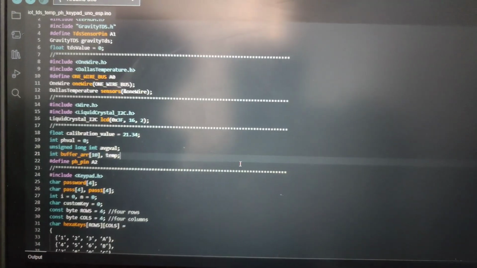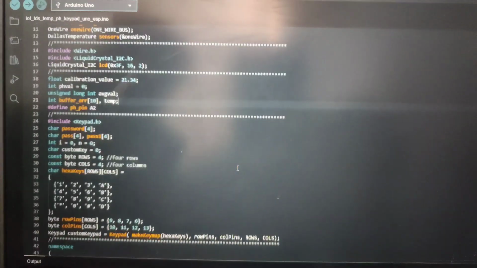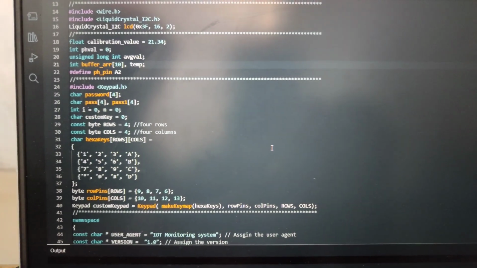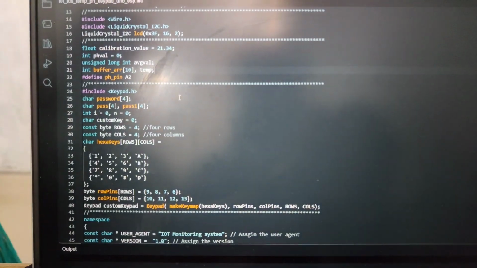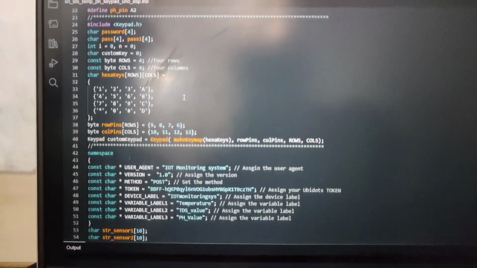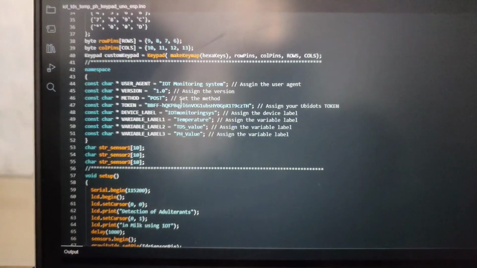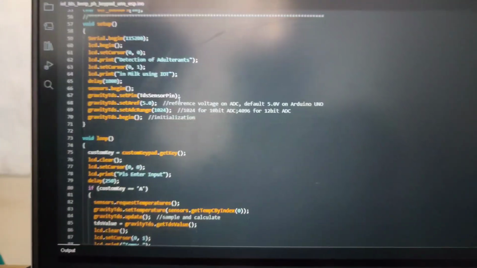This is the program which is written in the Arduino IDE software. Here we install all the libraries which are required to run the components. This is our code.